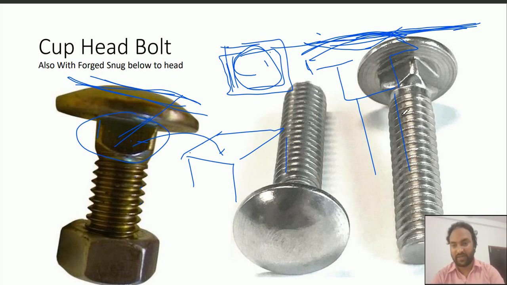So I hope I have cleared this one. In this picture you can also see this square shape will fit in the square hole.